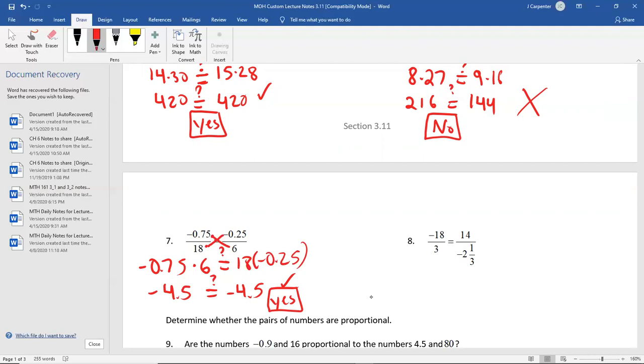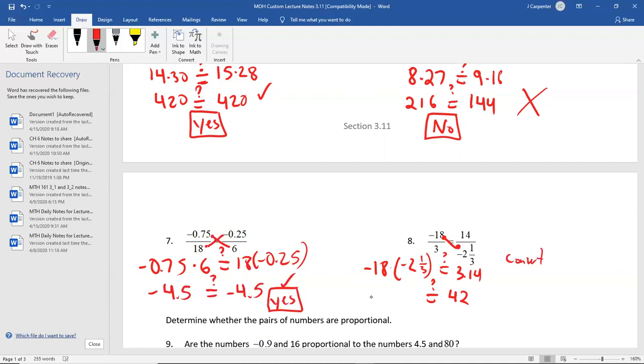Number 8, for good measure, negative 18 times the negative 2 1/3. So that's taking the negative 18 times the negative 2 1/3. We're saying, is that equal to the 3 times the 14? Well, 3 times 14 is going to be 42. And this negative times this negative, those are the same sign, so it's going to make a positive. But we don't know how to multiply 2 1/3 times anything. We have to convert